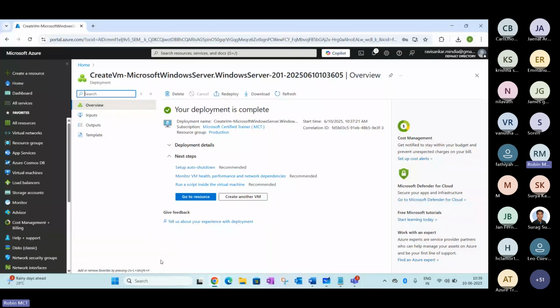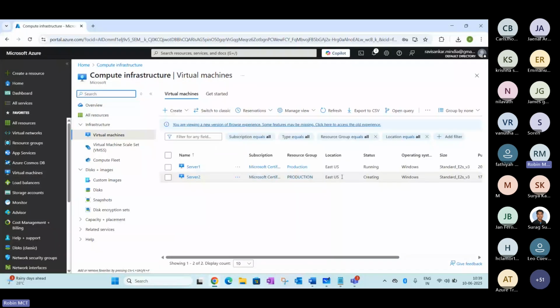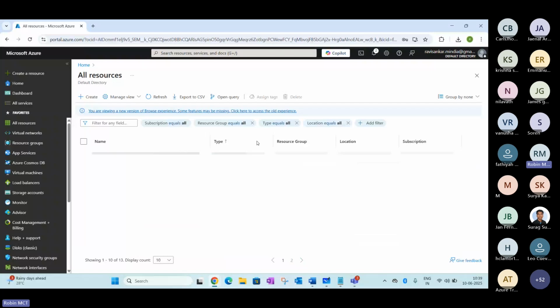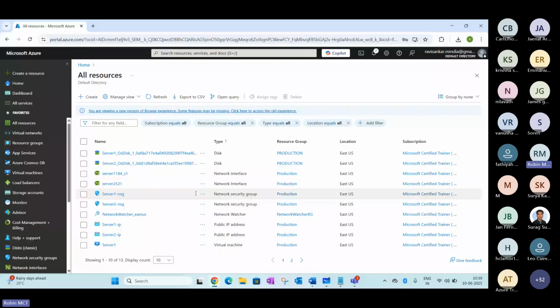Now if you connect onto this portal, you may notice that a second VM has also been created in the East US data center. When you click on the resources, you may notice there is another network interface card created and assigned to your server 2.